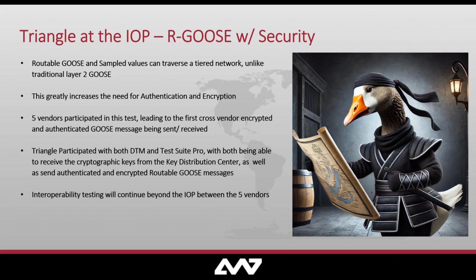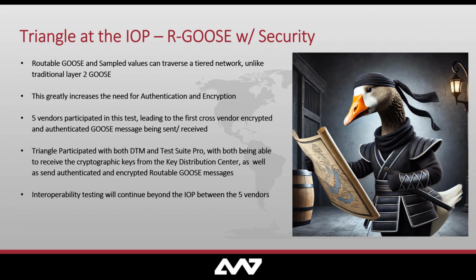So with the introduction of Argoose and RSV, routable sample values, there was a need for authentication and encryption. This has been introduced as well, and it's available in our source code libraries as well as our products. Five vendors, including Triangle MicroWorks, as well as PCI Tech, who makes Garibaldi, which is the KDC or key distribution server responsible for letting all of this work by distributing keys down to the other IEDs, participated at the IOP. It was a success, and it led to the first cross-vendor encrypted and authenticated GOOSE message being sent and